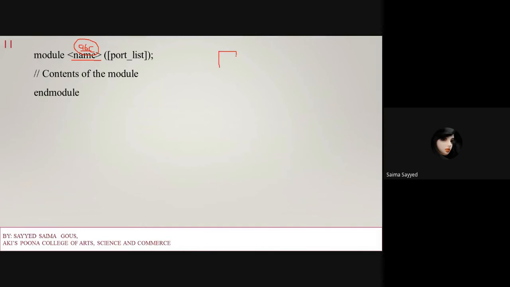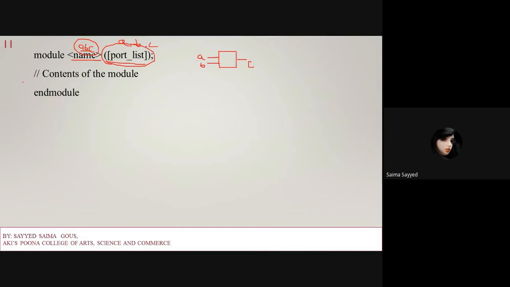Suppose this is my design, which has two inputs and one output: A, B, and C. Here A, B are inputs and C is the output. So here I have given the module name, and then the port list. This is my port list A, B, C. Instead of port list, you can say terminal list. So here I have to write A, B, and C.